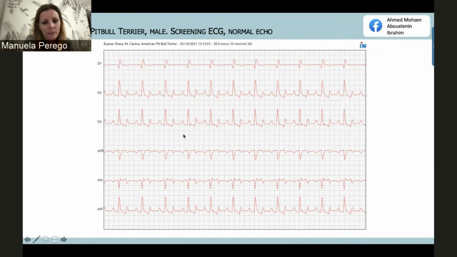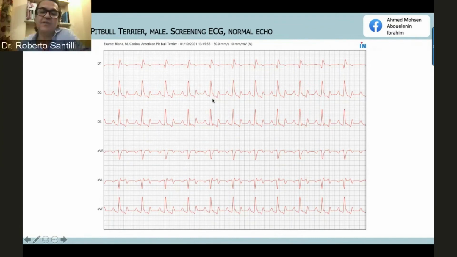No, I'm not saying that. I'm saying yes, but if there is AV dissociation, this one should also change, not just this one. In this case, what is changing is just this one. So there is some form of fragmentation that changes over time, or there is an atrial activation inside this area. I'm not 100% sure. I need a Holter. Before giving anything to this dog, I really need a Holter to be sure. Because if this is just a fragmentation, you don't need to do anything. You just need to follow up.